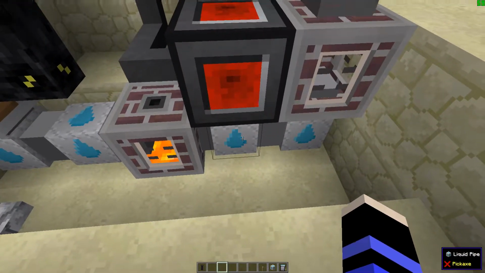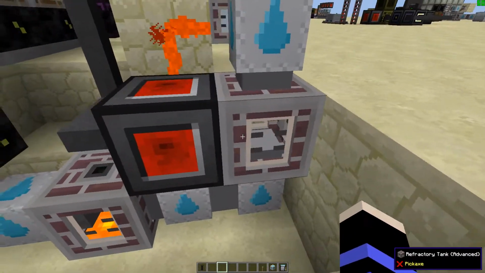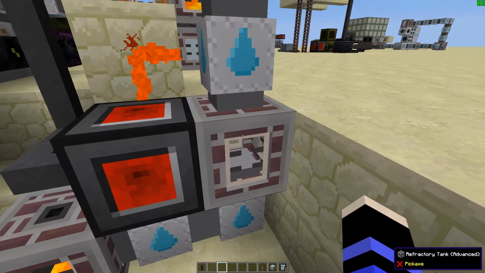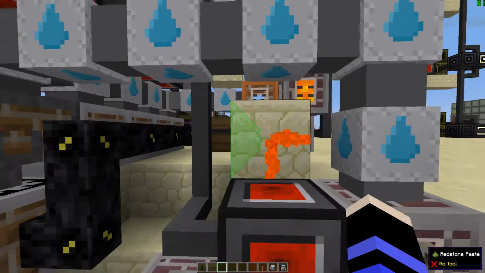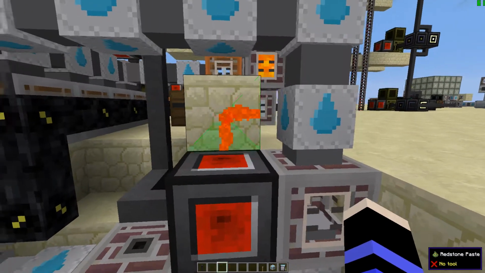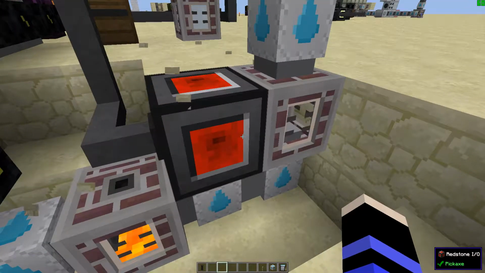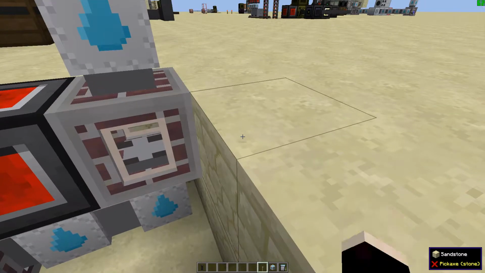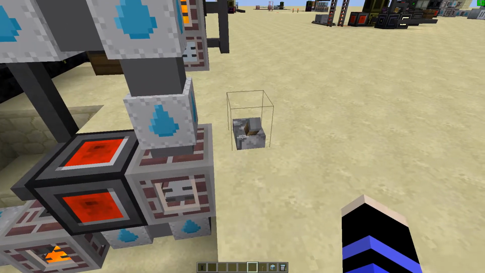Make sure this is unpowered, and I make sure that this is powered to keep fluids from flowing in here. Now this, actually this is a little more elaborate than it needs to be. I don't actually need this, because this can be powered all the time, because